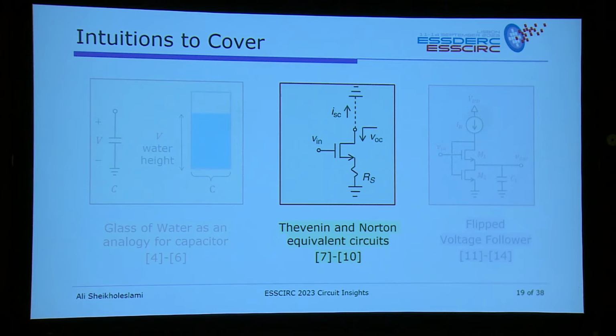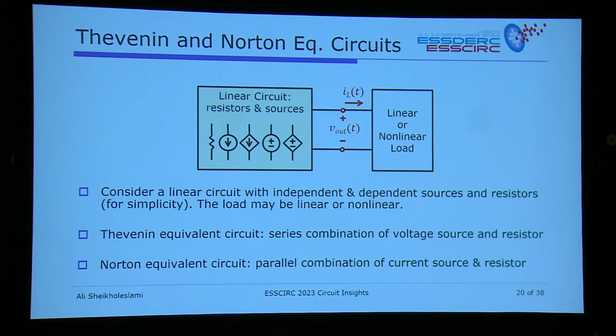So, Thevenin and Norton equivalent circuits. Again, you have seen it, but just to refresh your memory, in a very simple form, you have any one-port device, a linear circuit. It doesn't have to be time invariant, it could be time varying as long as it's linear. It consists of elements such as resistors, capacitors, inductors, but for simplicity I'm just imagining resistors, and you have a bunch of sources, dependent, independent, any of them, but they have to be linear. So if you have those, and then you have a load, and the load doesn't have to be linear,